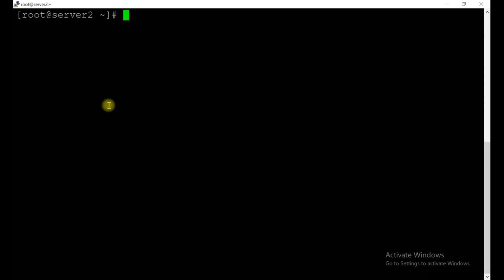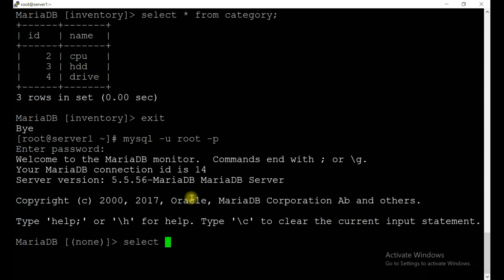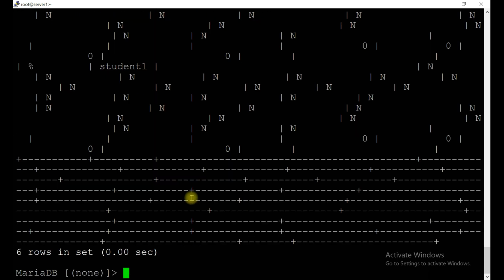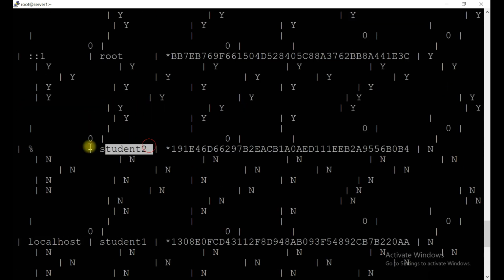Okay, clear the screen. Now log in to the server with mysql -u student2, which, if you remember, we created in this database, two users. Let me show you. Select star from mysql.user. The first one is for local use and the second one is for remote use.